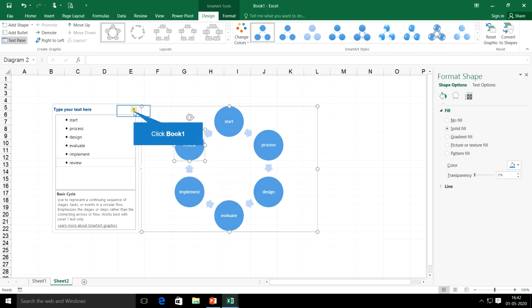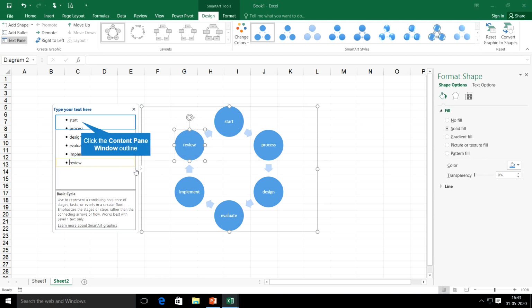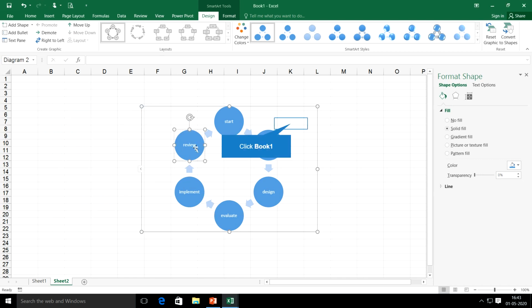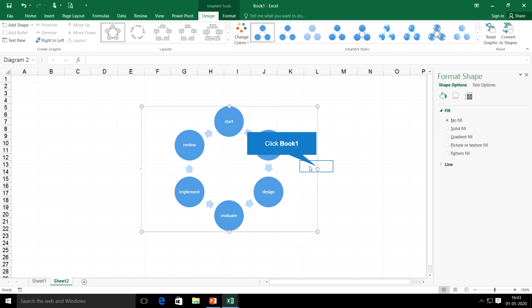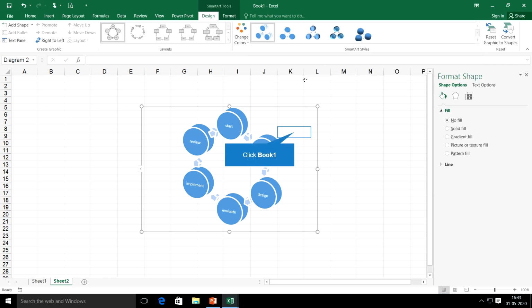So if you want to remove this, click on this, that will go away, right? So here in this area you can see a left arrow. Click on that left arrow. From there also you can go to these particular options. Okay, so this way you can insert a smart art into your sheet. So if you want to change the style of this smart art, then you can see the available options here, whereby you can select from the available designs and styles. Okay, so this one will be related to working with smart arts in Excel, right?